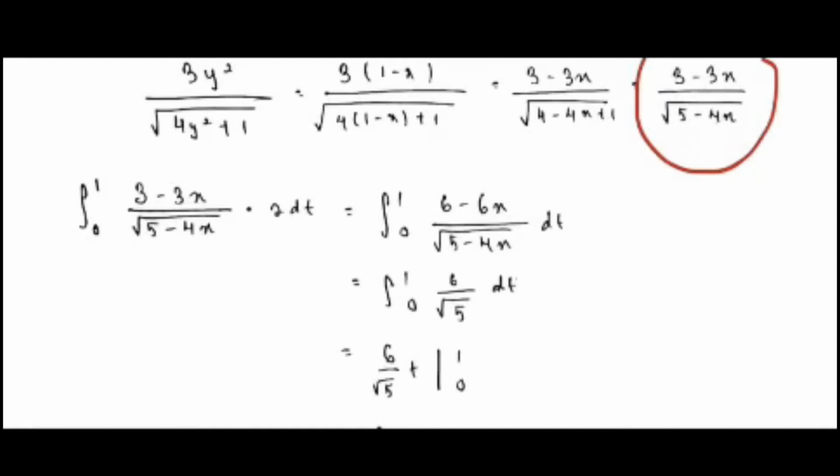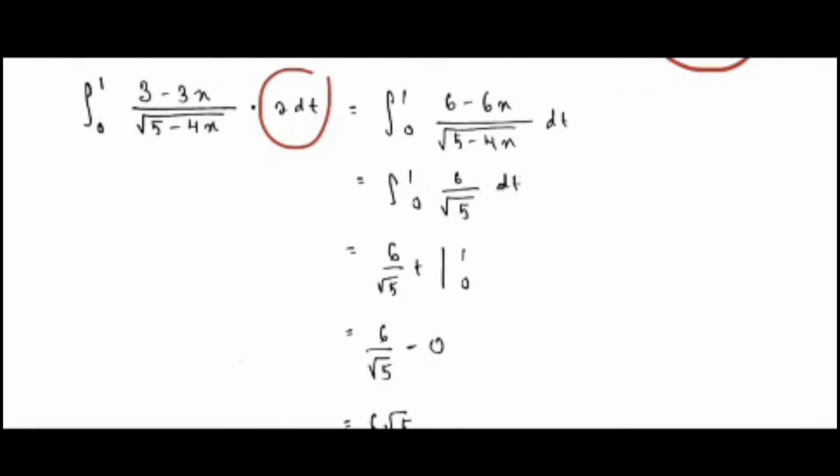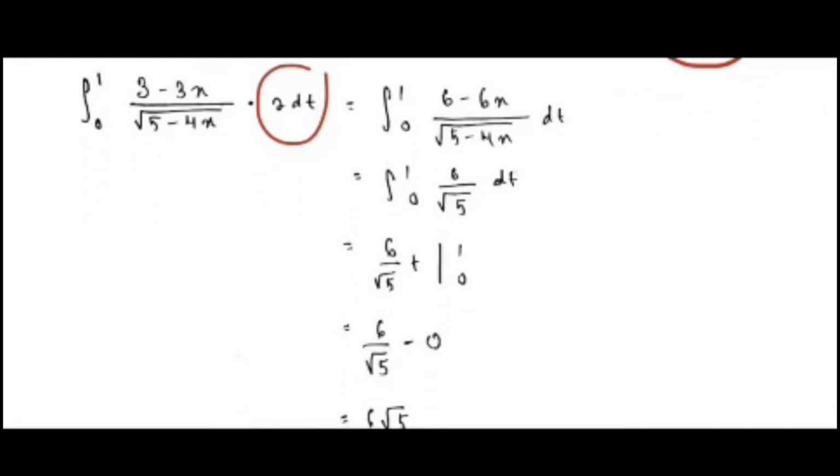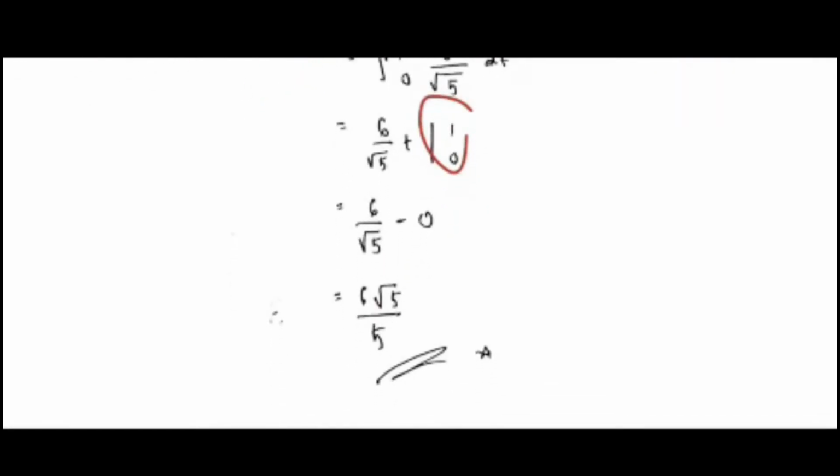The function will be 3 minus 3x over square root of 5 minus 4x, times 2 dt. Here 2 dt is actually ds. So ds is equal to 2 dt. Then we just integrate like usual, and we will get 6 over square root of 5 t, before we substitute the limit. After we substitute the limit, we will get the answer is 6 square root of 5